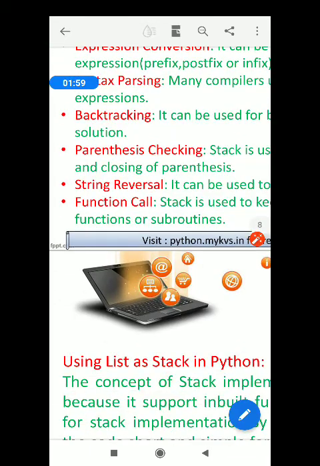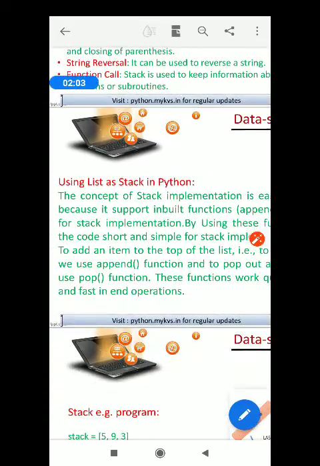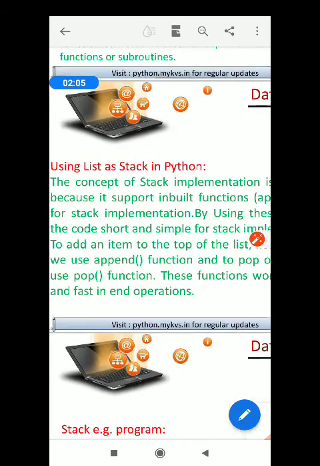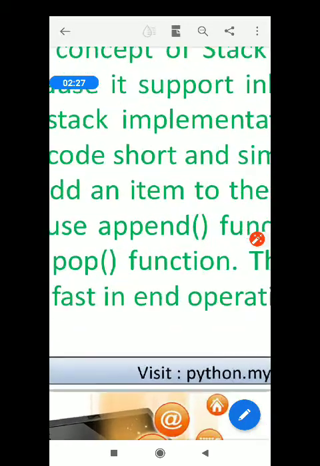Moreover, we will use list as stack in Python. As you have seen, we have already discussed the list functions. So while developing stack using list, we will use the append function and the pop function of list, because these are completely list functions.